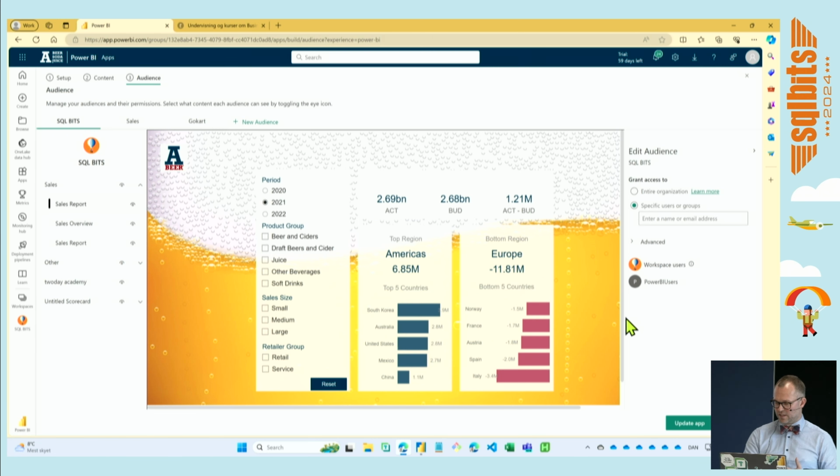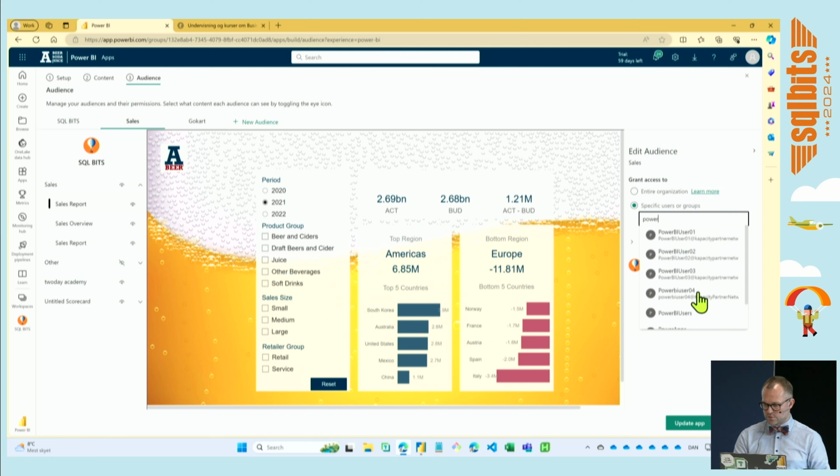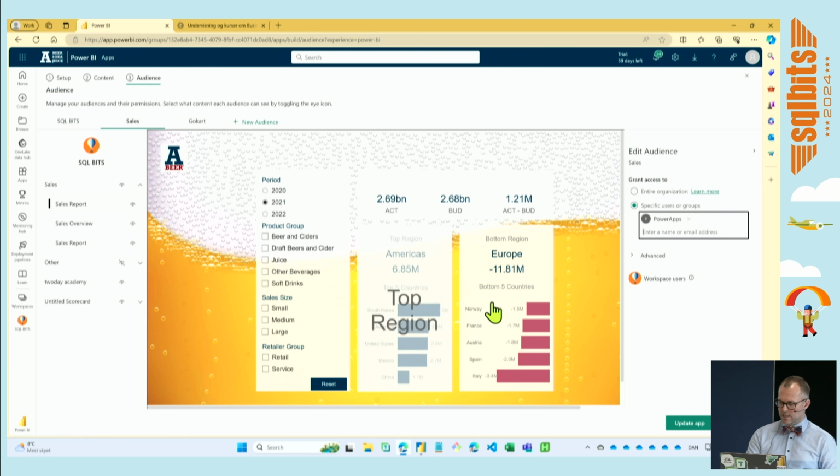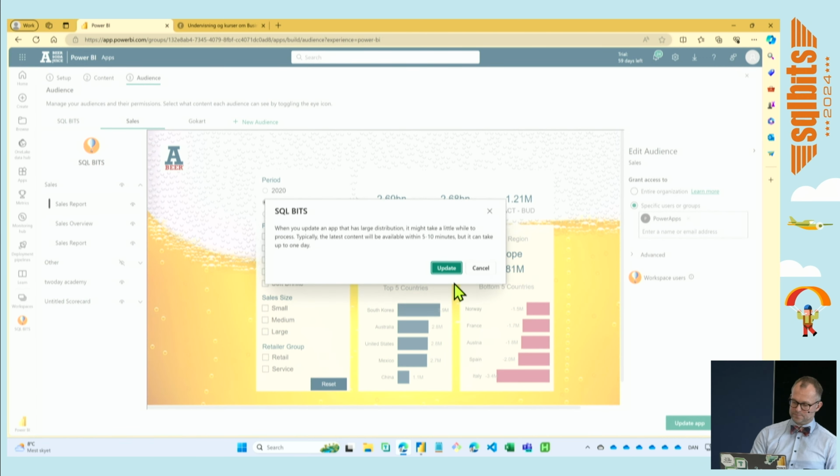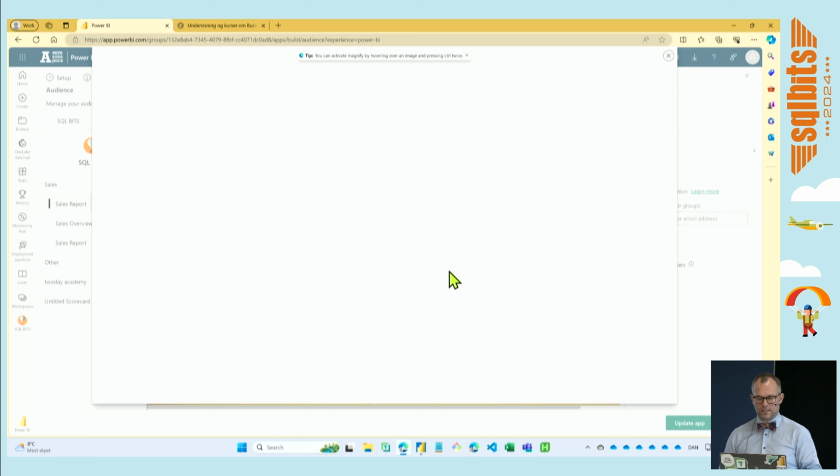that has the Power BI users here. And you can see here, then I can go into these and I can add individual users or groups. So let's add the Power Apps user here. He's going to be the sales guy. And then when I update this app, it's then going to update, and